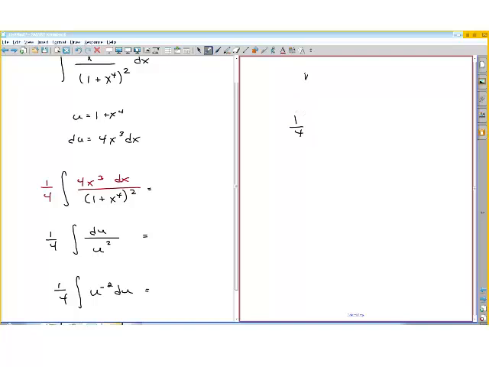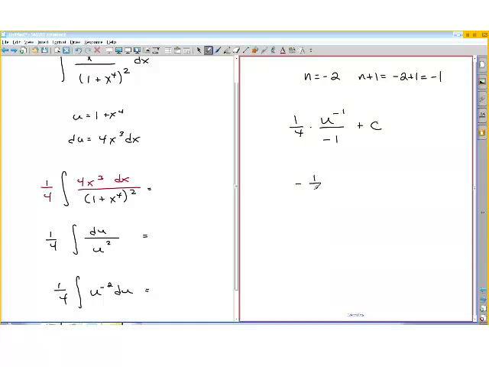People mess this up. n is -2, so n plus 1, that's what happens when we integrate, is -2 plus 1, which is -1. So the result of this integration is going to be 1/4 times u to the -1 divided by -1 plus c,